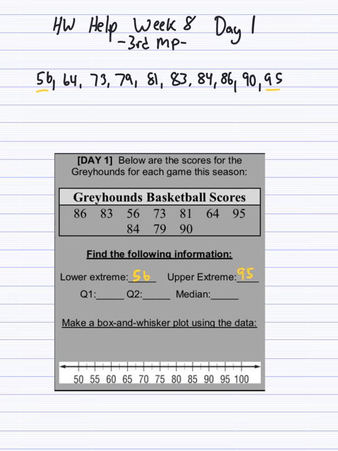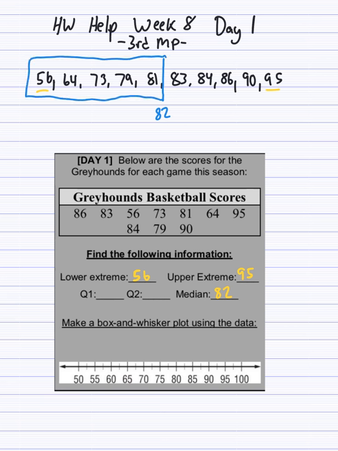Now, in order to find Q1, Q2, and the median, we have to split the data in half. If I count the numbers, there's 1, 2, 3, 4, 5, 6, 7, 8, 9, 10, which is even. I'm going to split it in half at 5 and 5, right there. Now, the median's got to be in between 81 and 83, which would be 82. So, the median is going to be 82. Now, as far as your quartiles,